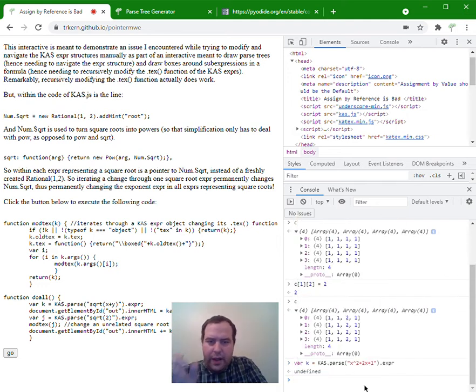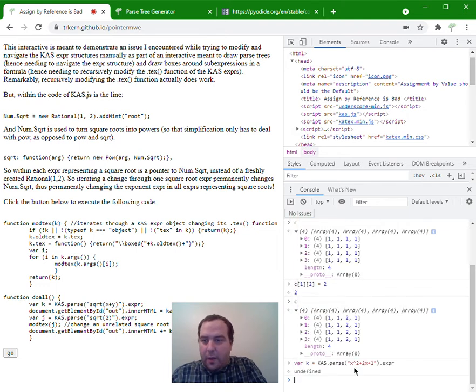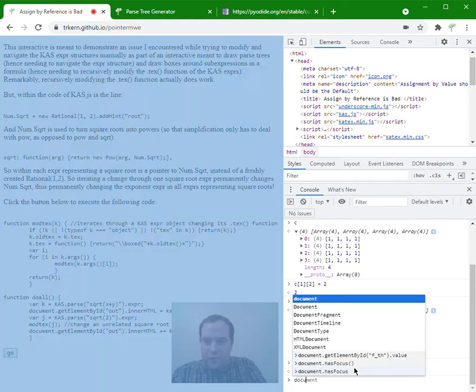So here, what I've done is I've told KaTeX to parse this particular string and return to me the data structure that describes this particular string as a mathematical object, right? It returns the syntax tree as a data structure. And then I'm going to first show you what